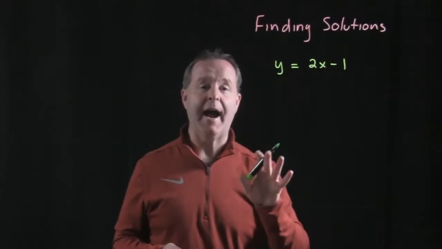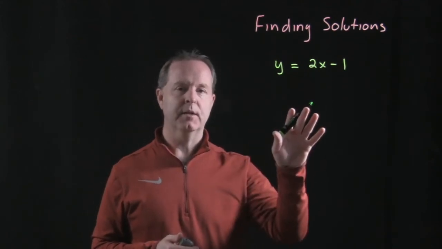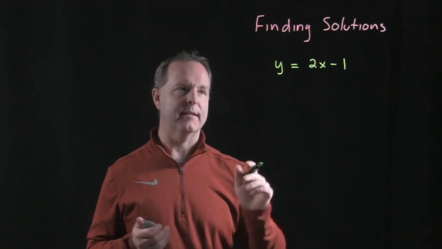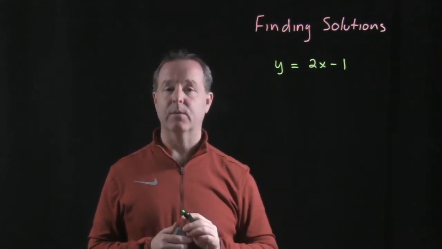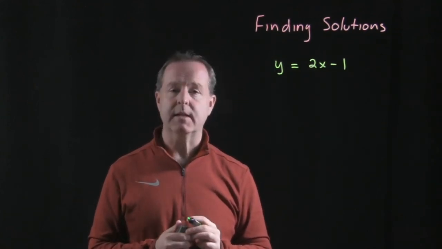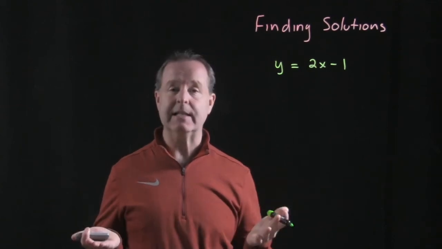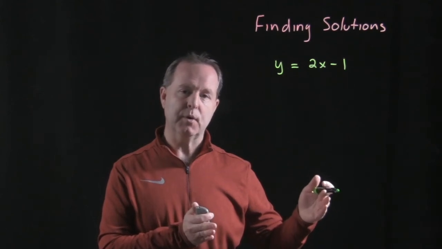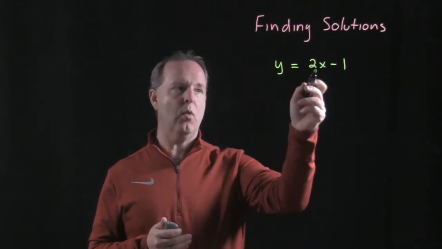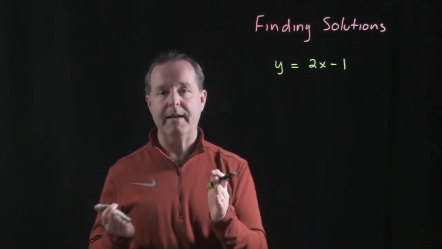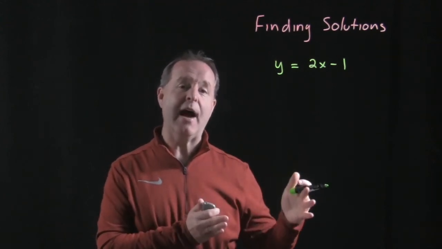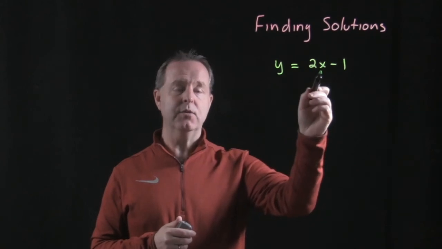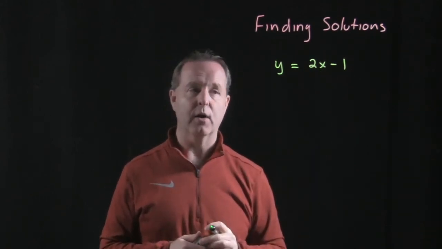The process of finding solutions of an equation, we build what we call an XY table. Now, before I get to that, notice that our variables are X and Y's. You're not always going to see variables that are X and Y's. They could be any letter that we might use. However, as our solution progresses, we're always going to choose the lower letter, the one that alphabetically is before the other one, as our first value of the coordinate pair. So although I have a y equals, its solutions are going to be in the form xy, a coordinate point